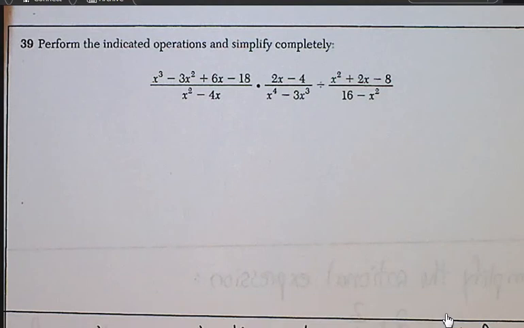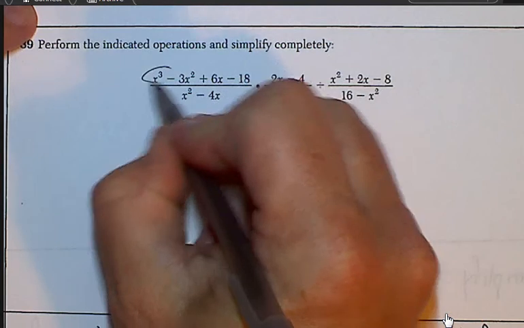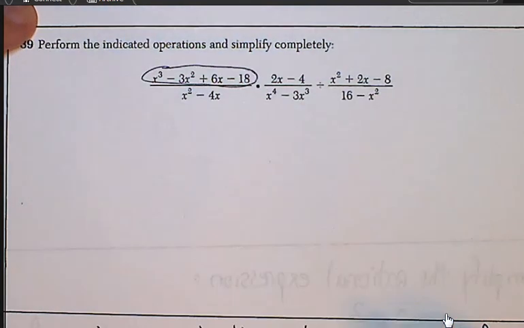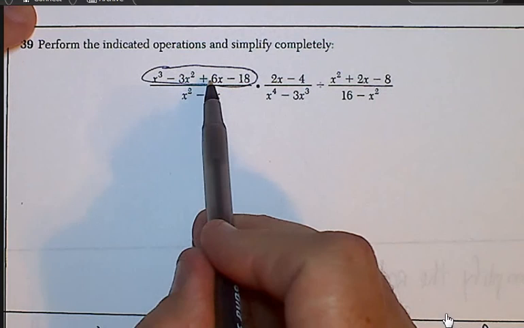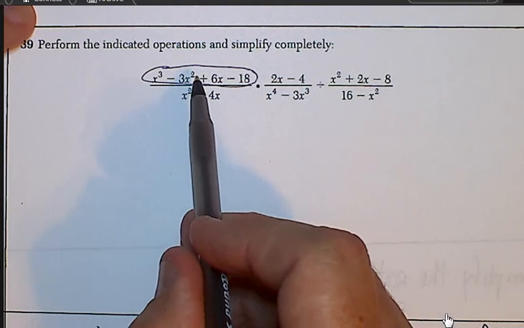Okay, in this question, what we want to do is we want to factor everything that we can, and we want to factor everything completely. But let's take a look at this polynomial. This is something that's new, and we're going to learn it before you take the test, but this is called factoring by grouping. And what factoring by grouping is when you have this